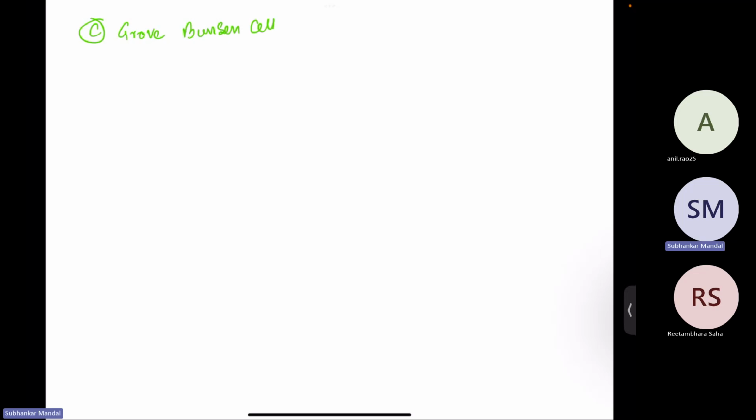So this is a Grove Bunsen cell, where the cell reaction is like this: you have zinc in 8% H2SO4, which is connected by a salt bridge, and 60% HNO3 is taken, and we have platinum. So this is one of the electrodes. So this is the Grove Bunsen cell, where zinc is going to zinc 2 plus, and water is there. And the other cell is